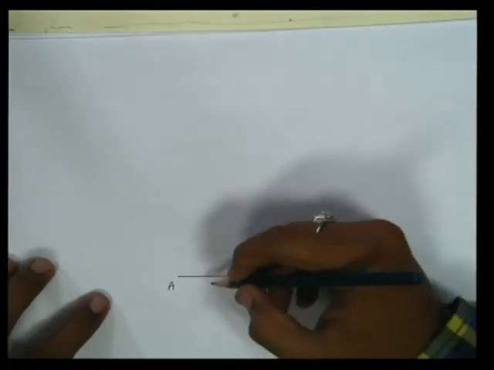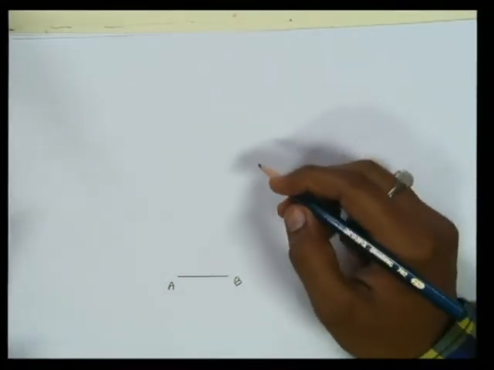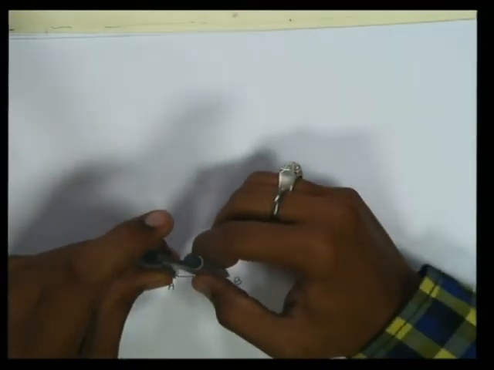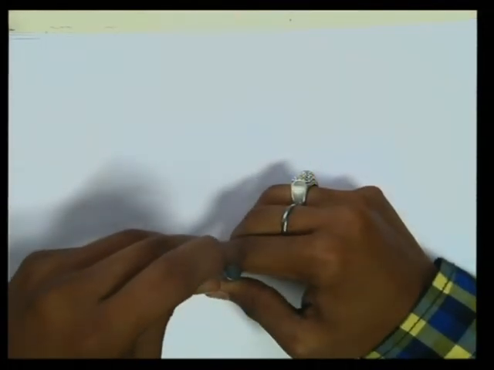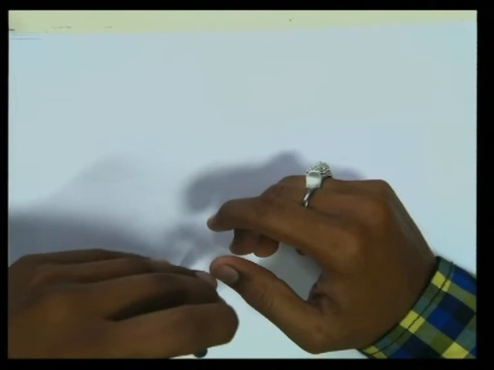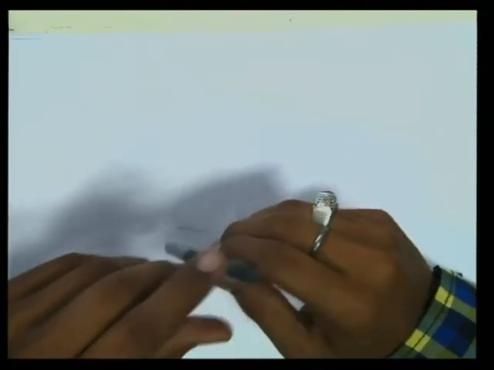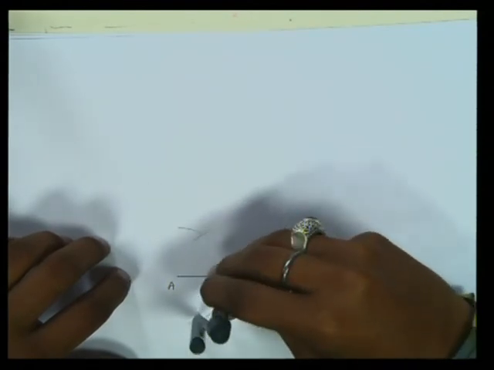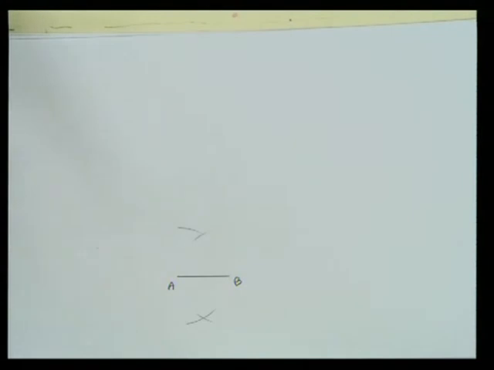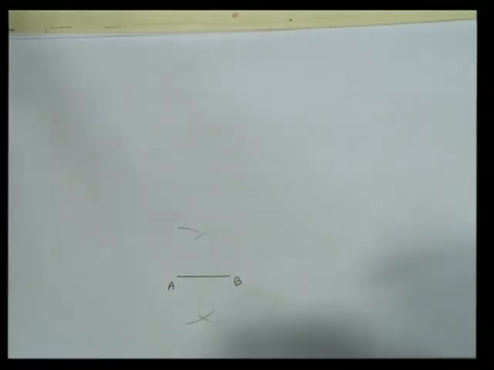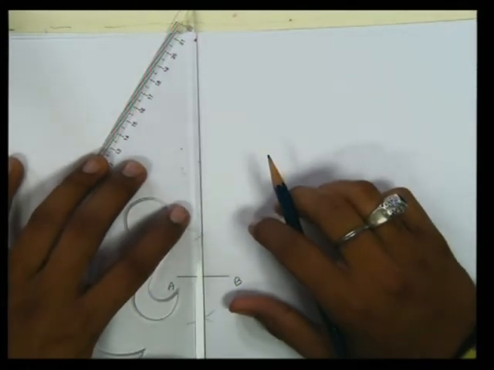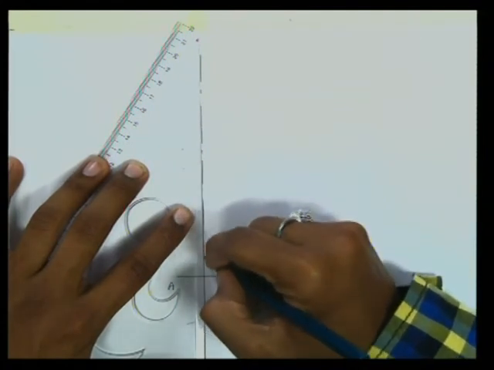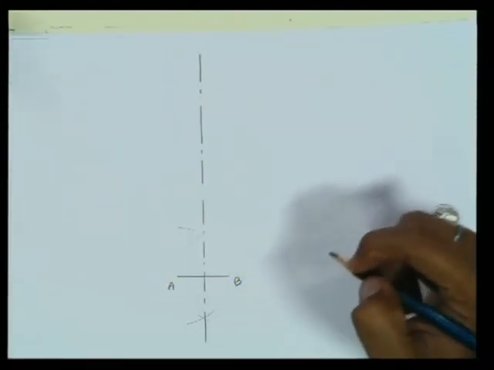Now we need to take the bisector of this AB. How can we take the bisector? Take A as center, AB as radius, mark arcs on both sides. Take B as center, AB as radius, mark arcs on both the sides. Join the arcs with a center line. Join this